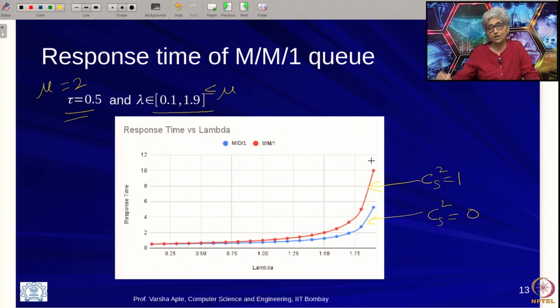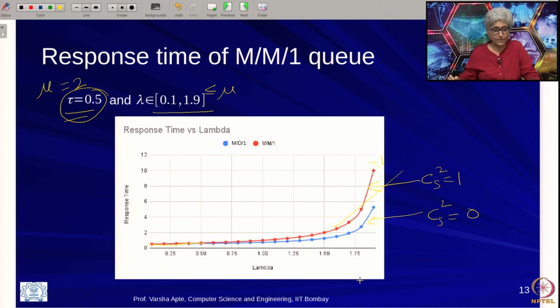So, higher the variance, the higher the response time, everything else being the same. The mean was taken as the same, and we are varying lambda also in the same way, it is the same lambdas and the means are the same, but later you see a bigger divergence. Initially both the values are a little low, but later you can see that the MM1 response time is going to be greater than the MD1 response time, because Cs squared for MM1 is greater than Cs squared for MD1. Okay. We will do some more examples and exercises in your practice problems, but this is the basic story of the response time.